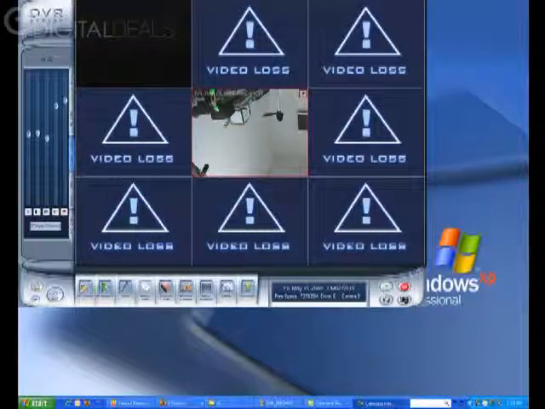In this tutorial, we're going to go over display setup. Display setup is a feature that allows you to choose which cameras are displayed in each one of the squares on your screen, on the main screen of the DVR software. And you can also set up different groups so that you can change how these cameras are configured on the